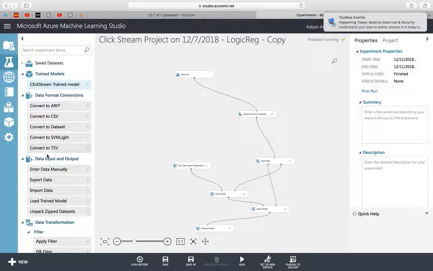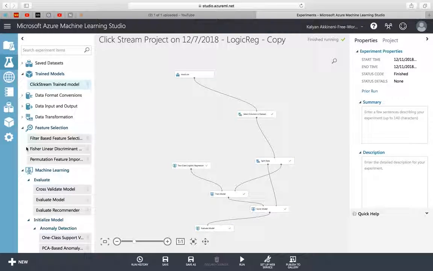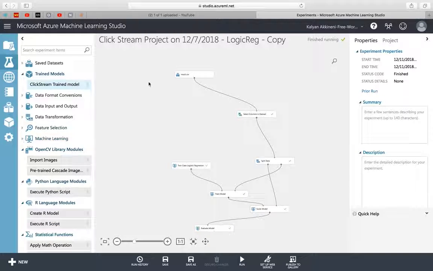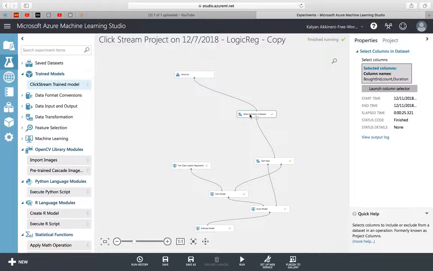There are several modules in here, so we have to go one by one, which I've explained in detail in my Word document, how to pull in each module in this workflow. So the first one is the CSV file that we exported from the data frame from Spark. That's the input, the data source, the data set, and from the data set we are getting the data into the next module where we select the columns that we need for this